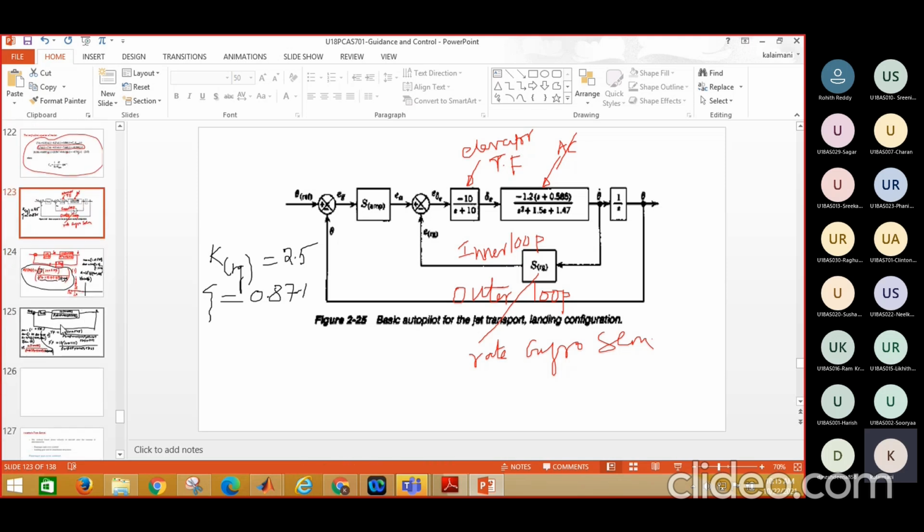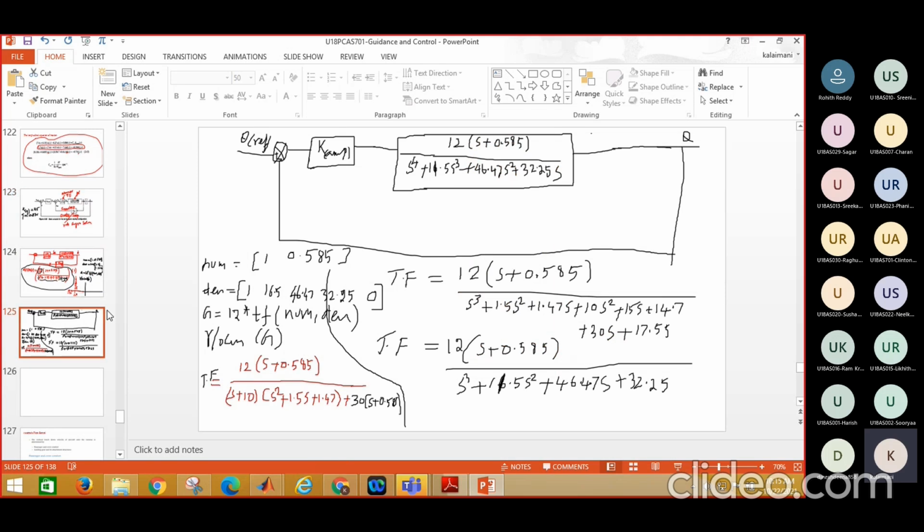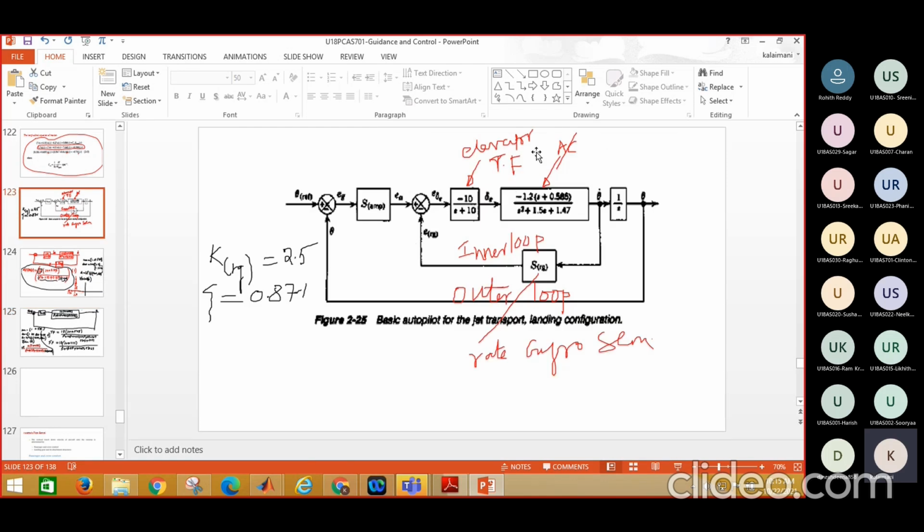Try to sketch the step response of your inner loop with rate feedback and without feedback. In this inner loop without rate gyro sensitive, what is my step response? If I add the rate gyro sensitive, what is my step response? If you go through these two cases, we came to know that what is